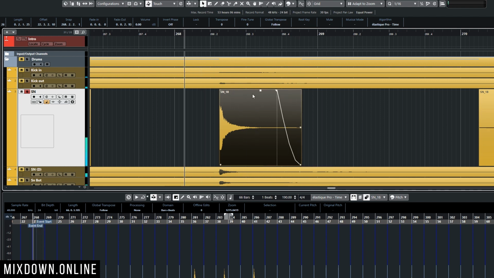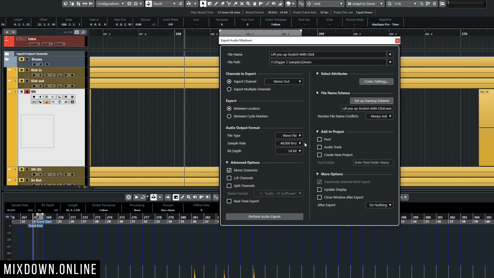All right, once I'm happy with my sample, I'm going to select the audio event if you're working in Cubase and click on P. That will set up the left and right locators so I can only export this portion of the project. And then I'm going to make sure my track is in solo. And I'm going to click on Export. I'm going to select and name my